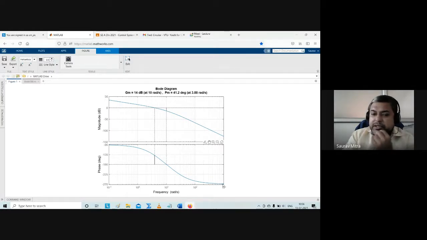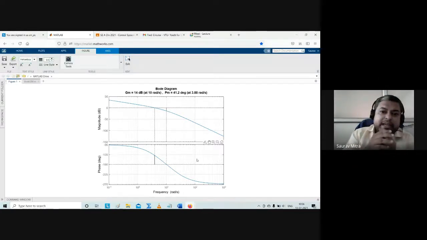Because there are 3 poles here, each pole contributes minus 90 degrees at omega infinity. Hence for a 3 pole system, there is no 0. In the next numerical we will do the same system, but we will add a 0, and we will find that the phase will not go to minus 270, but will restrict itself at minus 180. In that case the gain margin will be plus infinity, because the phase is not at all crossing the minus 180 line and going below. So just by adding a 0 in the system, we will be increasing the stability.